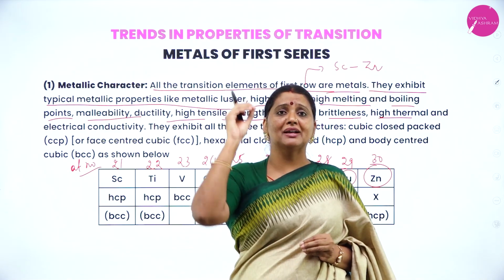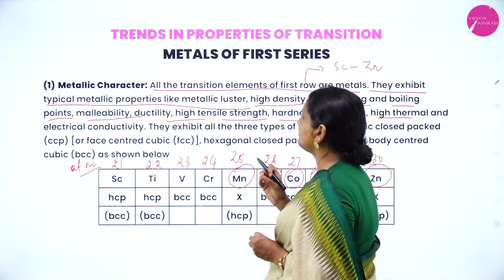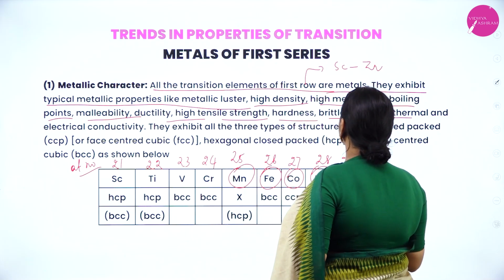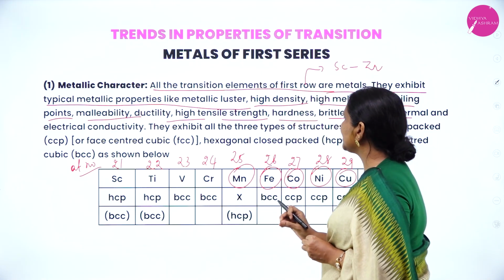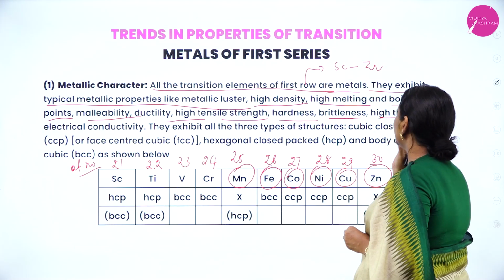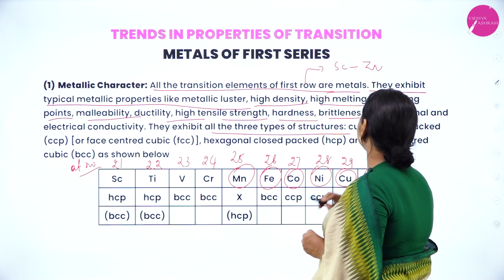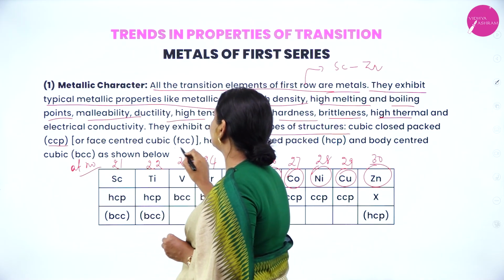Metallic luster, high density, high melting point and boiling point, malleability, ductility, high tensile strength, hardness, brittleness, and high thermal and electrical conductivity. The metals in the first row, the 3d series, show all these typical metallic properties. And they exhibit typical metallic structures like CCP, closed cubic packing, FCC, face centered,